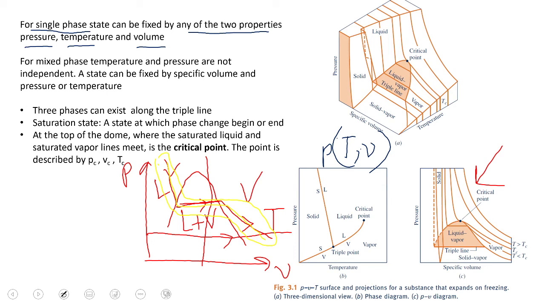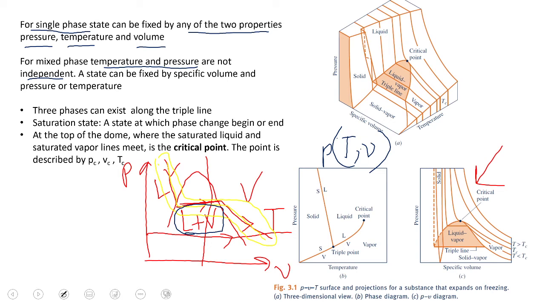For a mixed phase, temperature and pressure are not independent. So what is a mixed phase? This is liquid and vapor, in which liquid and vapor both exist. In it, temperature and pressure are not independent, which basically means,